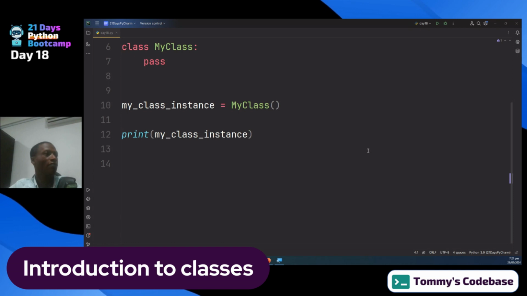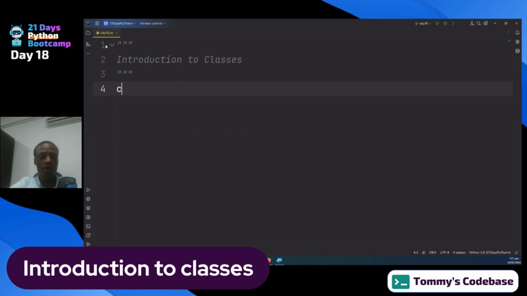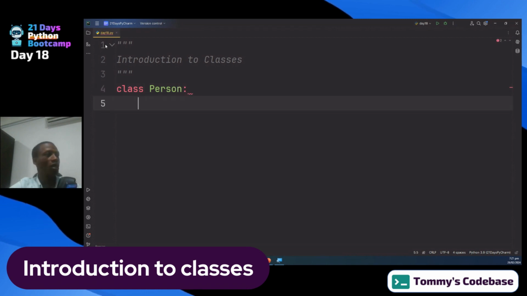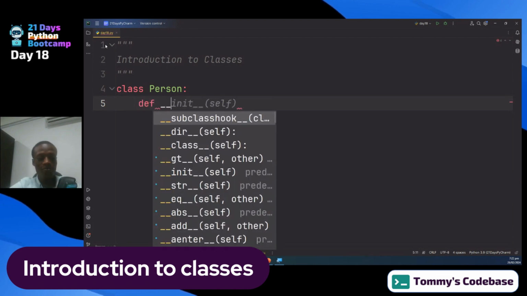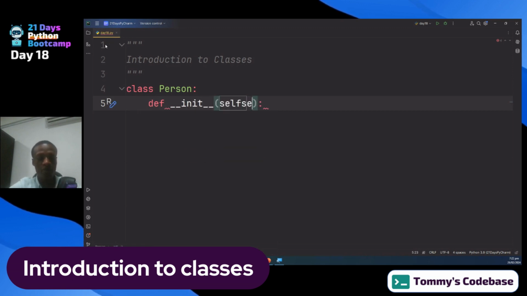So if I have, let's say, a person class, let me get rid of everything here and create a class of a person like this. This time around, I will not pass like I did, because now I want to give in some attributes, some things that describe a person. And I want you to remember this particular, a little cryptic, more than anything we've seen before up to now. That is